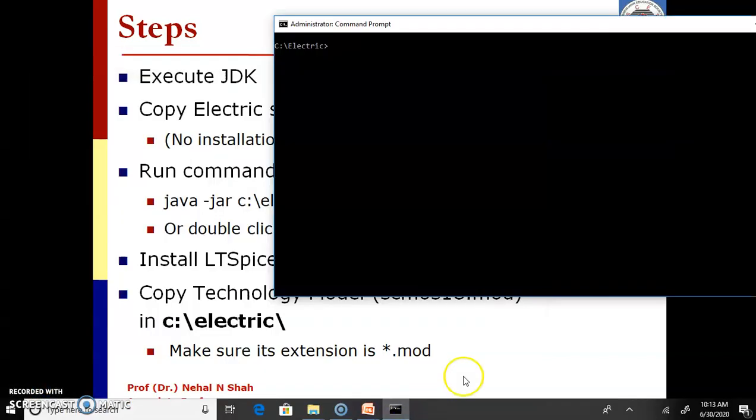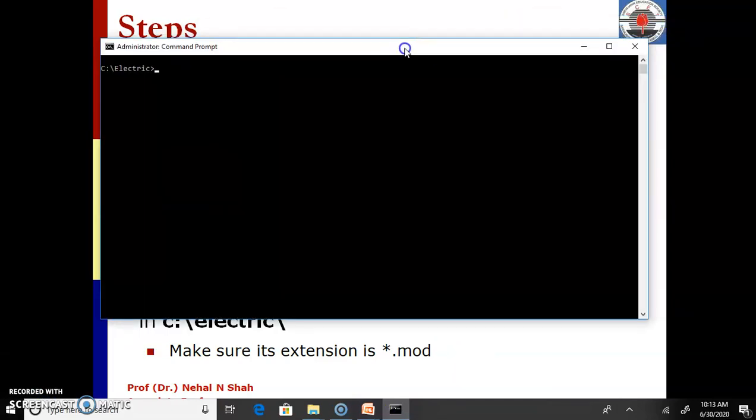On my laptop in C:\electric, electric is already there. So I'll use command java -jar and I'll simply start my .jar file. If you receive this issue that Java is not recognized as an internal or external command, in that case, that is the sign that Java is not installed on your machine. So first of all, you need to install Java. Once Java is available, this command will start electric binary.